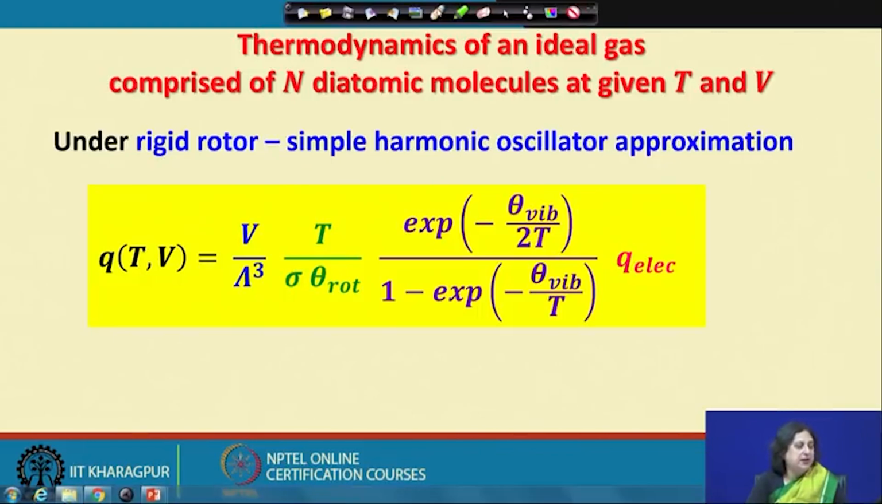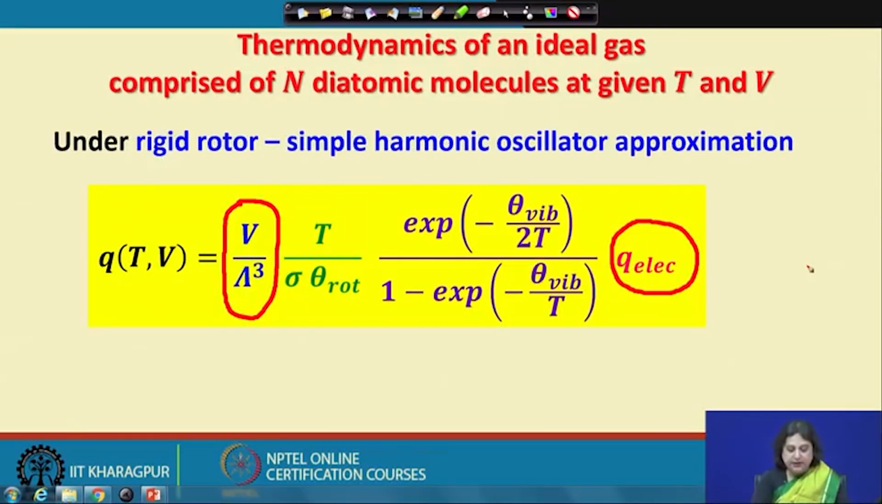So, let us try and understand the source of each of these expressions. I know that this first term is nothing but Q trans. This term appears simply because this molecule as a whole is moving about in the confining volume V at a given temperature T. Now, this term comes from the underlying electronic structure of the molecule, and it requires me to